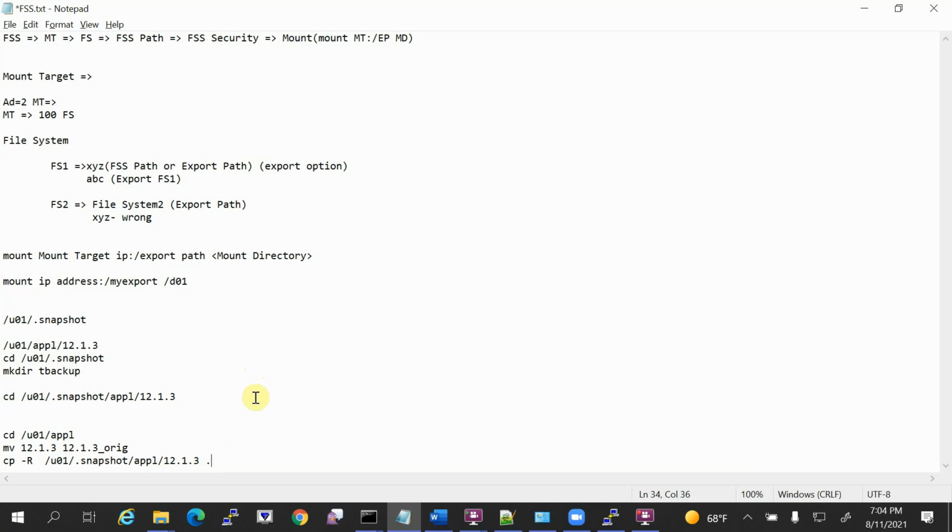And nowadays, one more concept they came up with, FSS clone, which I have not explained here, but I would advise you to explore that. You can create the clone using snapshot, and that is much faster, they are telling.